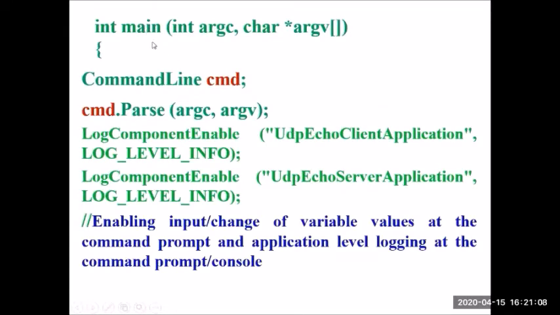Next, we'll begin with the main program. Int main, I'm passing two arguments. One is argc, which is an integer. The other is a pointer argv. It's a variable. This is mainly to enable command line arguments. Whenever we want to control the data or the variables in the program through a command line, I have to pass these two parameters. So the code will look something like this. CommandLine, I told you camel casing. So we use combined words.